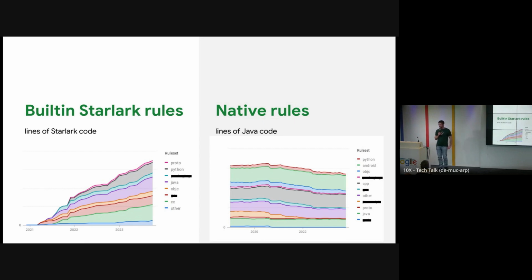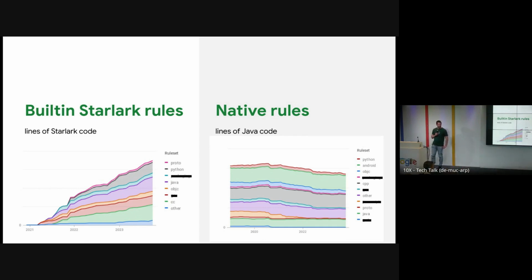I need to explain my imposter syndrome here. One person per rule set, I'm doing Protos, and I've never written a .proto file in my life. C++, it's a bit the same. Our main focus next quarter is going to be C++ toolchains because they've proven to be the biggest pain point for the users. We don't have module maps on the roadmap for now. Those might happen later when we learn more about them.